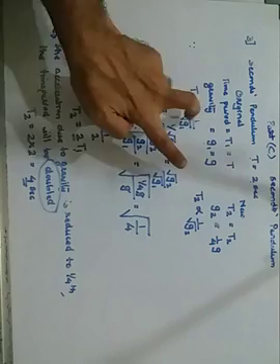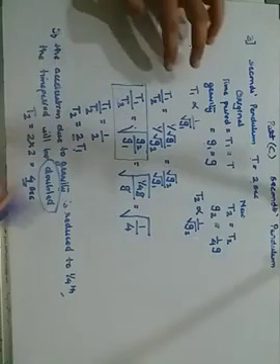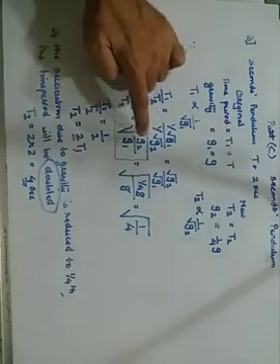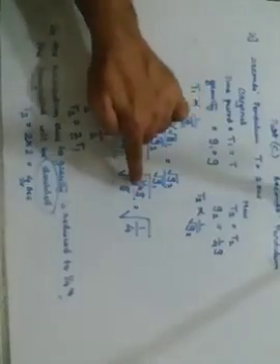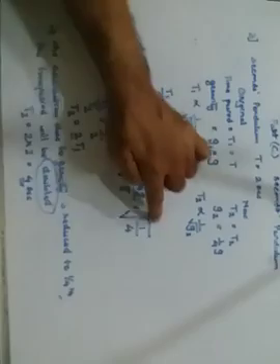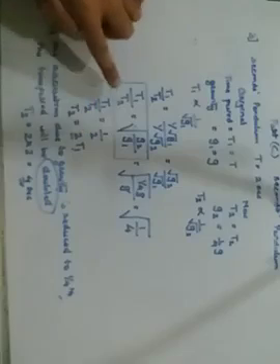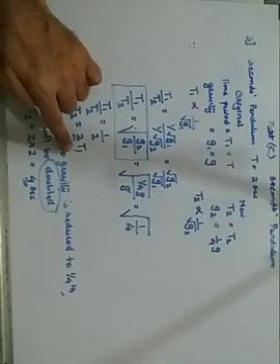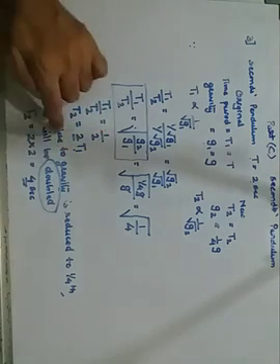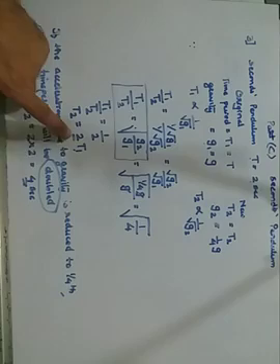So I have derived the relation. Otherwise you could have written directly this relation, that also works if you know it properly, but this is for your explanation purpose, how this is derived. So now T1 upon T2 is directly proportional to root of G2 upon G1, but the value of G2 is 1/4 of G and G1 is G. G and G cancel, left is only 1 upon 4. Square root of 1 upon 4: square root of 1 is 1, square root of 4 is 2, therefore it has become 1 upon 2. Cross multiply, then 2 times T1, T1 is the original, is equal to T2. That means when the acceleration due to gravity is reduced to 1/4, the time period will become doubled. It is 2 times, that's why I have written doubled.